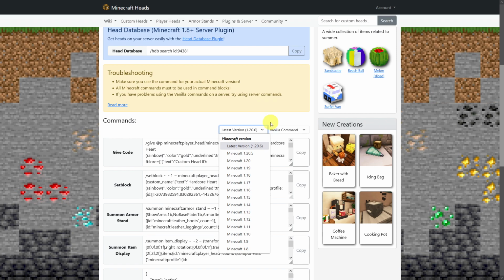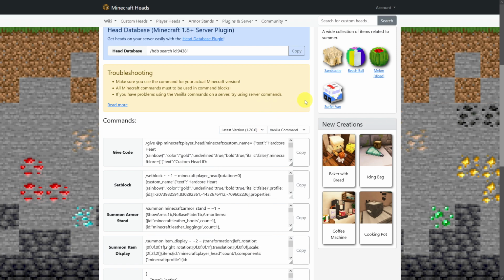This was kind of necessary because many of you use the latest version but still play on version 1.20. But with version 1.20.5, which is one of the latest versions, there were breaking changes and many of you complained that the commands no longer work, but they do work. You just have to select Minecraft version 1.20 and not the latest version, which is only for 1.20.6. I hope this solves this problem.